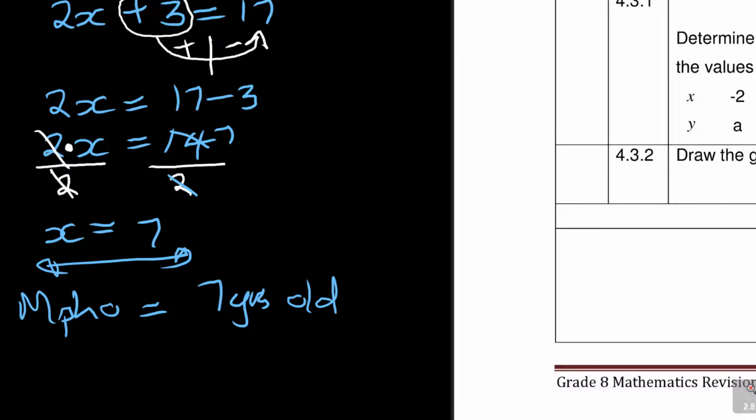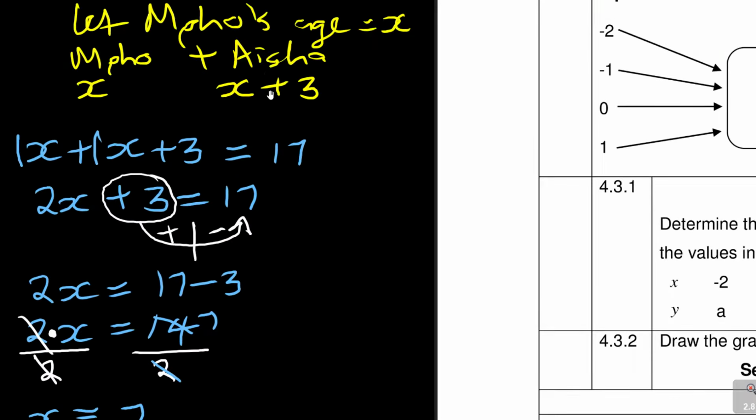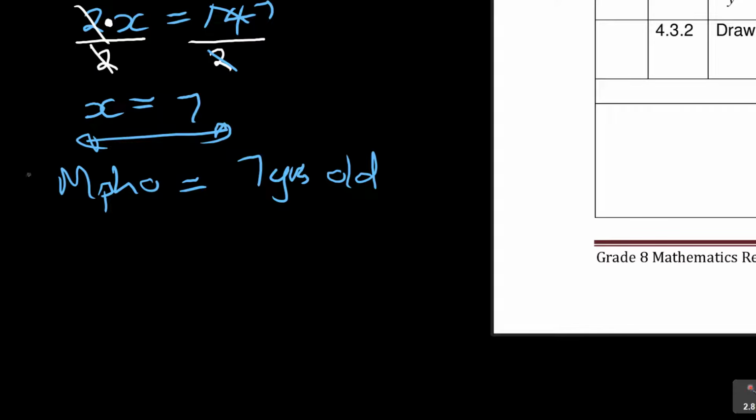So Paul's age is 7 years old. But the question is, are they looking for Paul's age? No. They say, how old is Aisha? Aisha is 3 years older. So you expect Aisha to be what? Therefore, Aisha